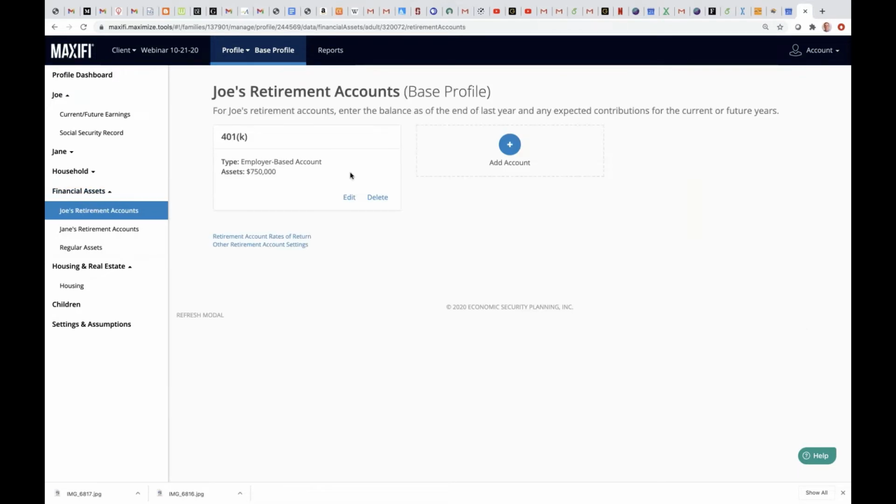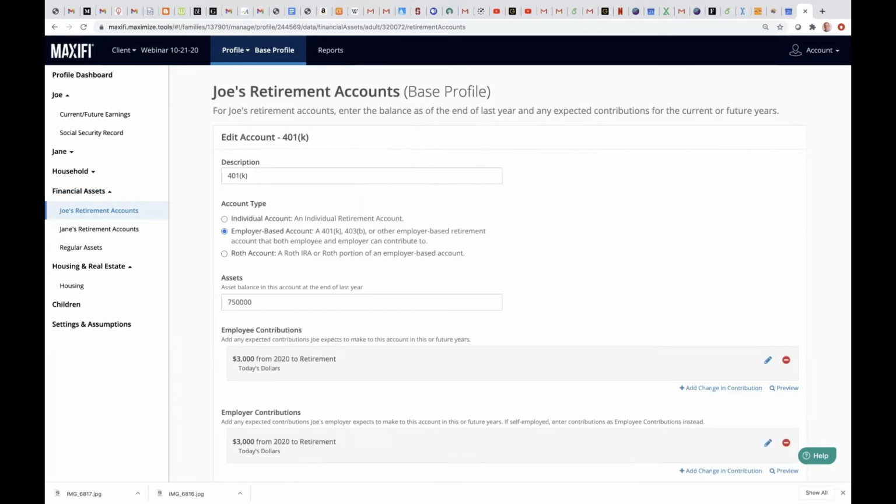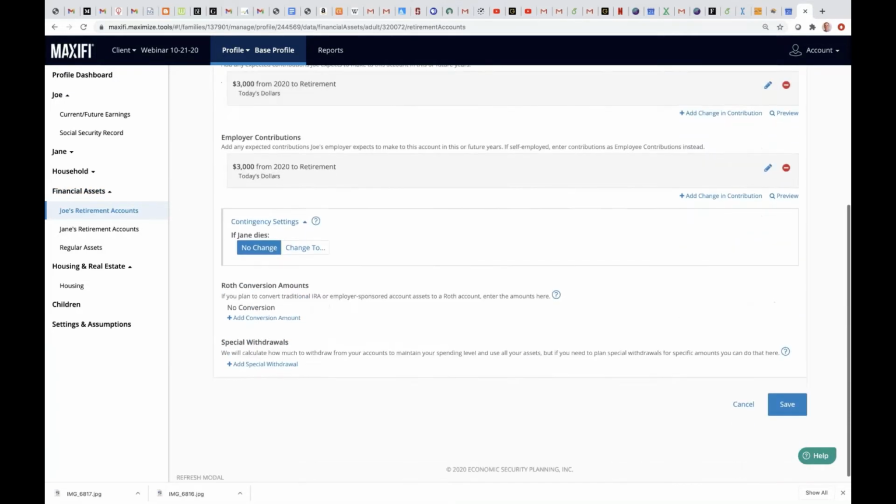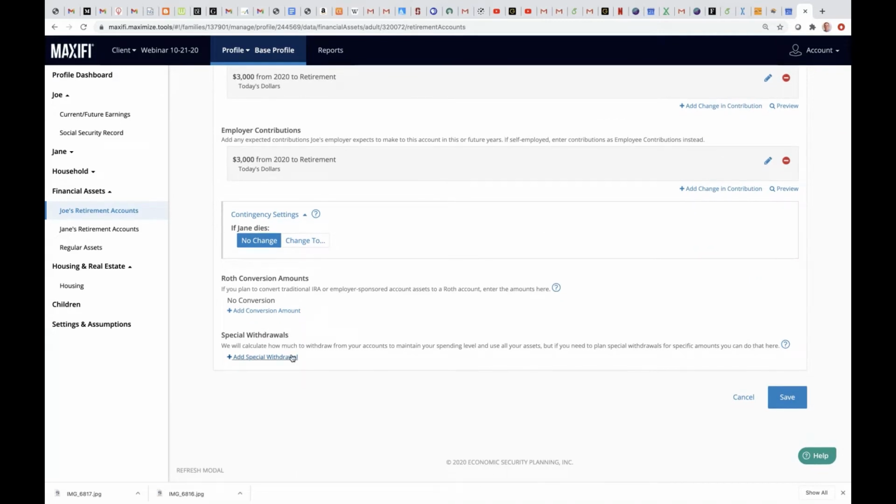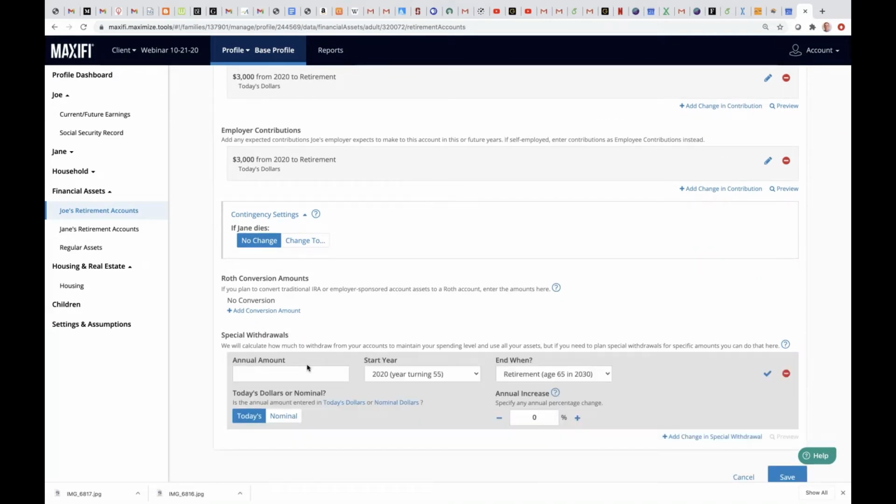So if I look here under retirement accounts and I click on edit, there's a field here called special withdrawals. And you can say, hey, I'd like to take out this much money this year, for example $300,000 to pay off my mortgage. I can start in 2020 and end in 2020, $300,000 put right in here. And yeah, the program is going to know that that's a taxable event.